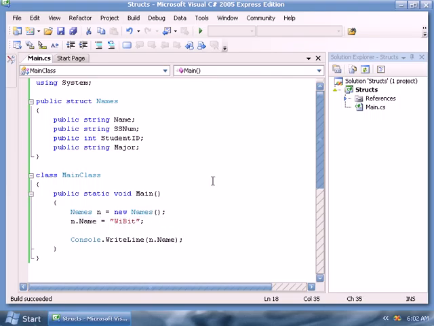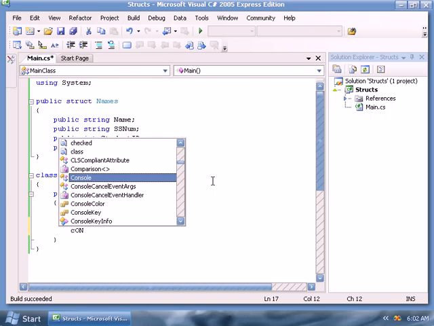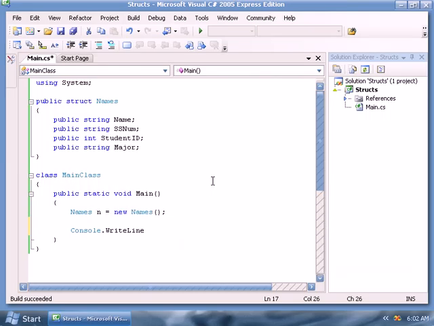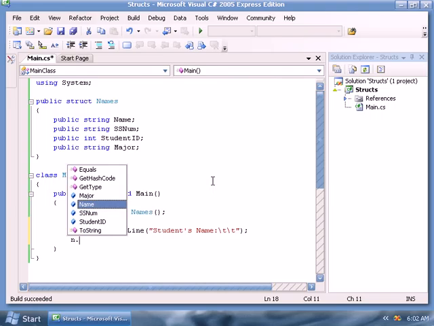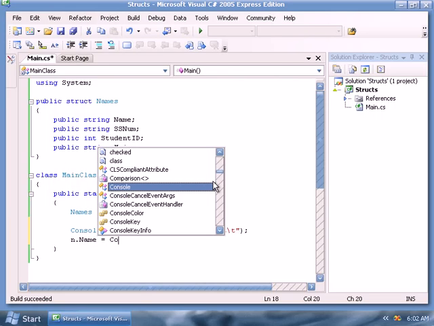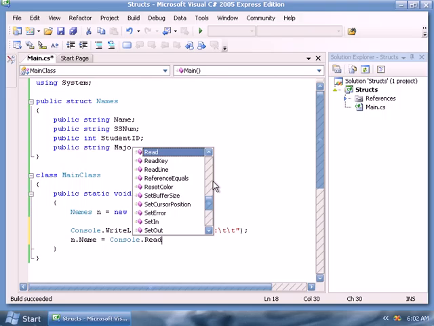Okay, so now that you get the whole basics of that, let's create a small little program here to just kind of mess around with this. So we'll prompt the user with Console.WriteLine, and let's ask the user something. Let's just tell them to insert the student's name, and we'll do 2 tabs. So we'll do n.name equals Console.ReadLine,